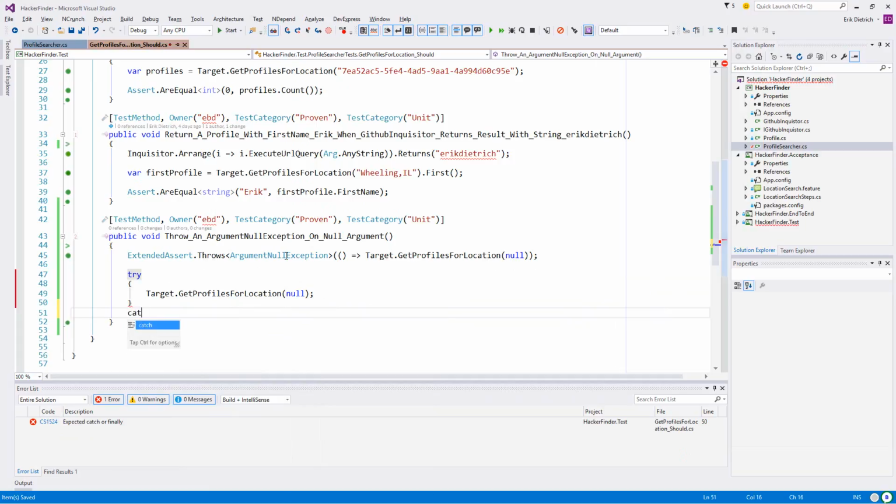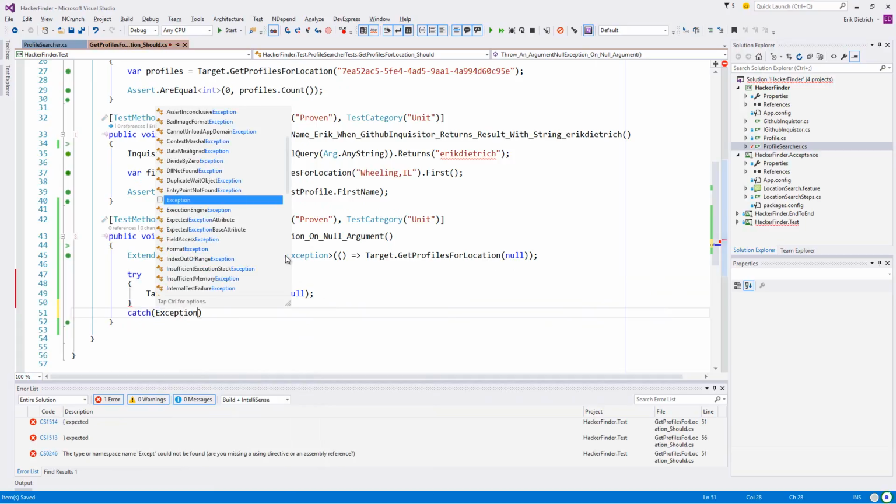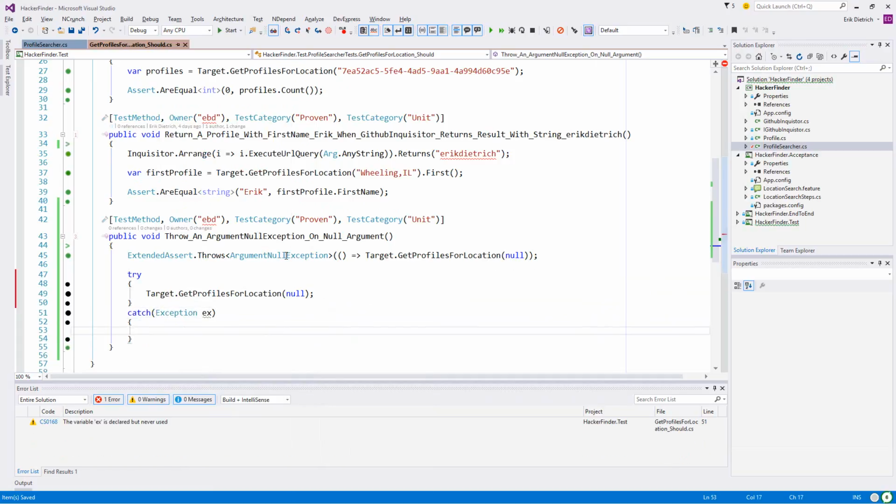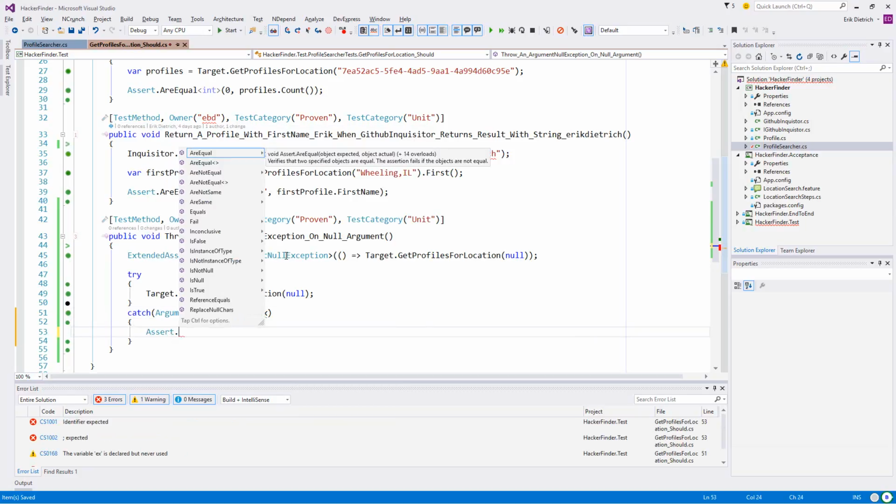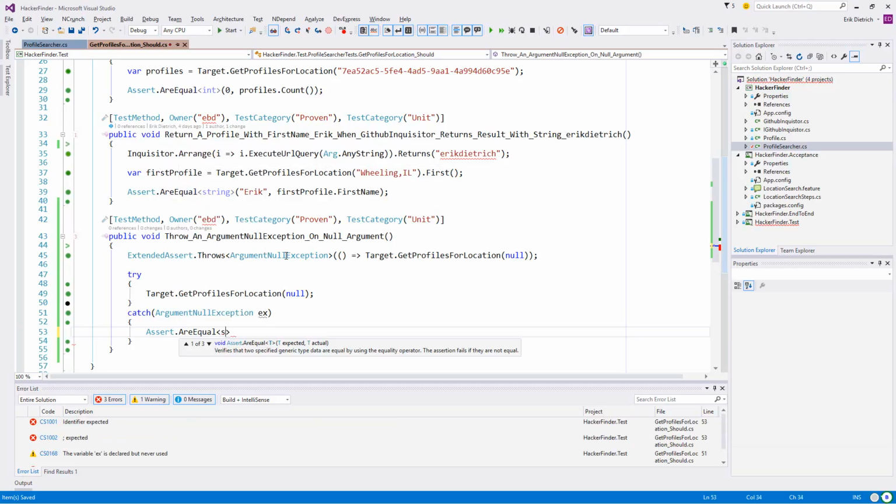I'm going to catch the exception, and then what I want to do is assert that. I want to see what the message is with using this name of construct, because I've never actually tried that out. So let's see. I suspect that it's going to be location text.